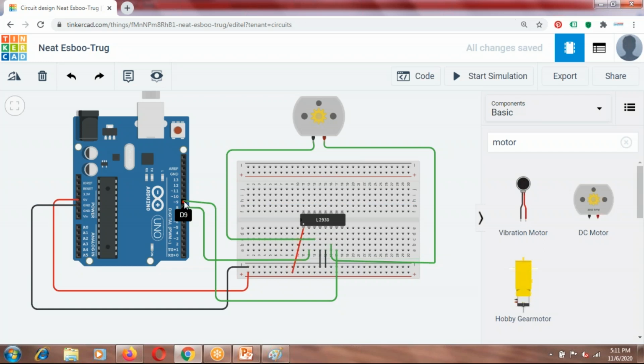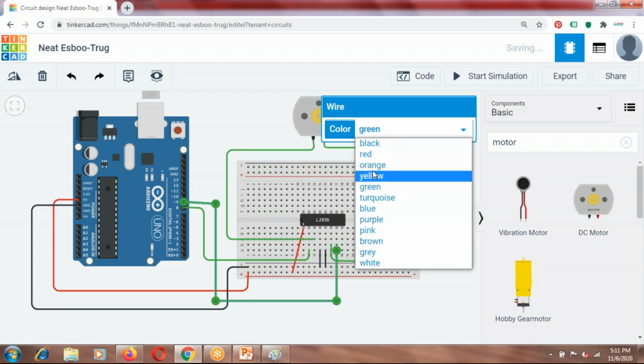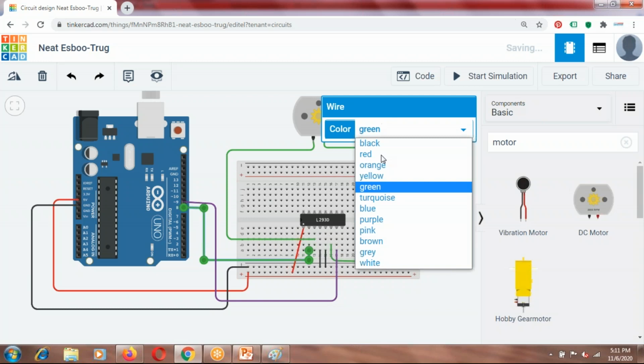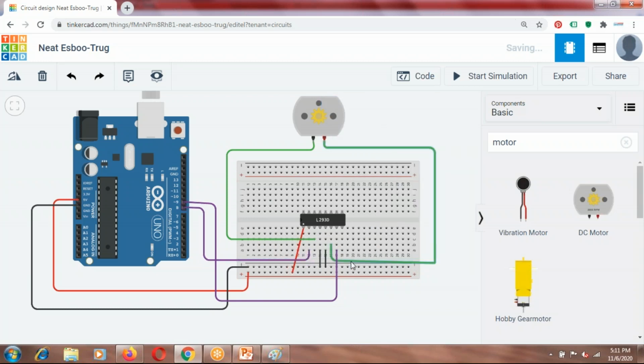Let us change the color of the lines a bit, because all the lines are going to be green only. So let us make the input pins purple. Green are the ones connected to the motor.